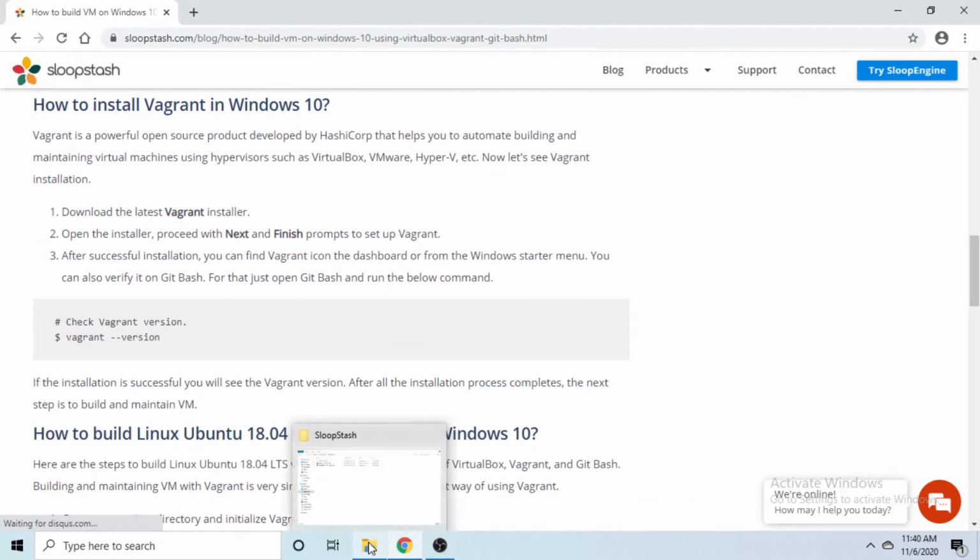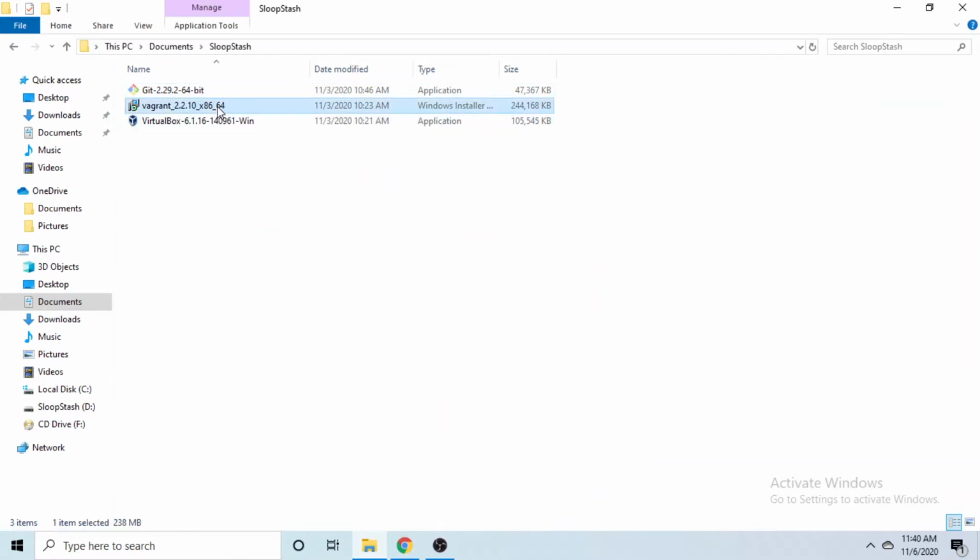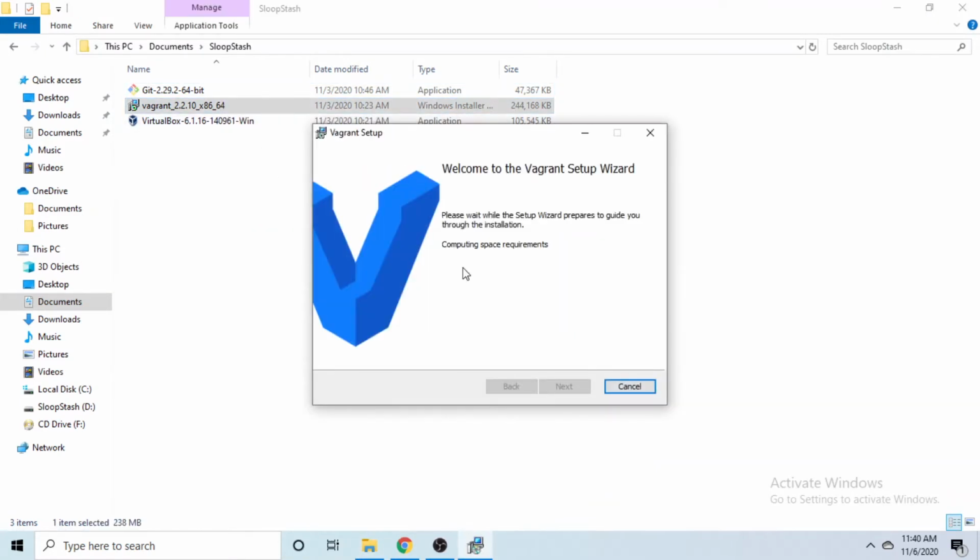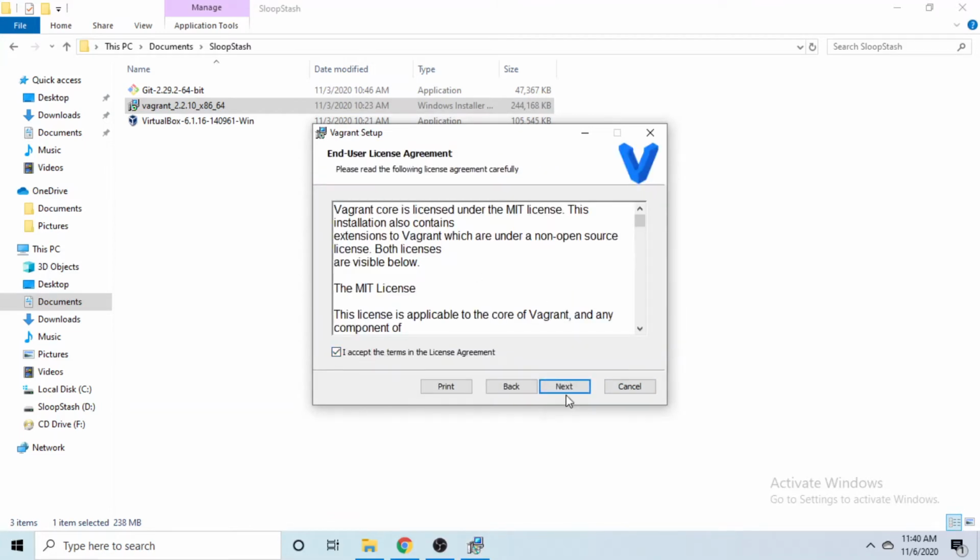Finally, we install Vagrant. I am opening the Vagrant installer and proceed with next and finish prompts to set up Vagrant. It takes a few seconds to complete the installation.